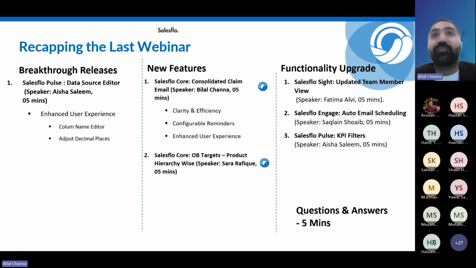At Salesflo Core, it was myself, presenting you a consolidated claim email. The idea was to intimate users about claim approvals and ensure that claims are processed at a lightning fast pace, as we promise you that they will be. Then there was Salesflo Core, the optionality of being able to assort order book of targets based on product hierarchy. And then in terms of some functionality upgrades, we were able to do Salesflo Sites, team member view, Salesflo Engage, auto email scheduling, and then the KPI filter for Salesflo Pulse. With that said,